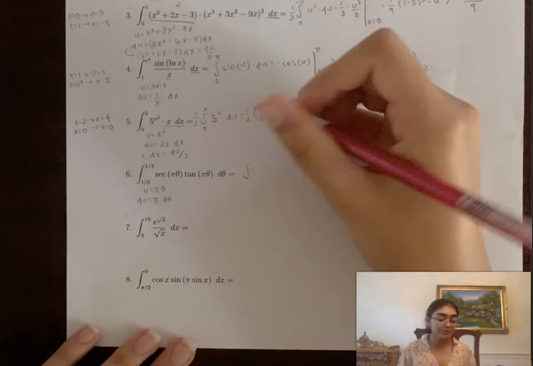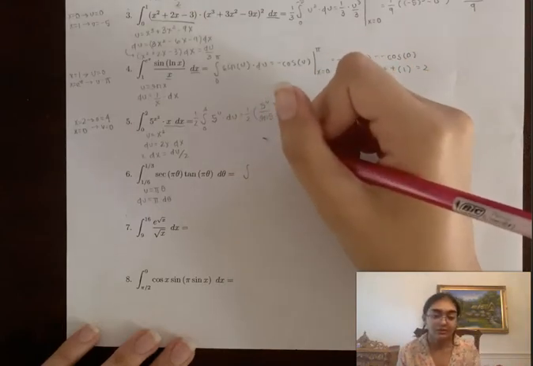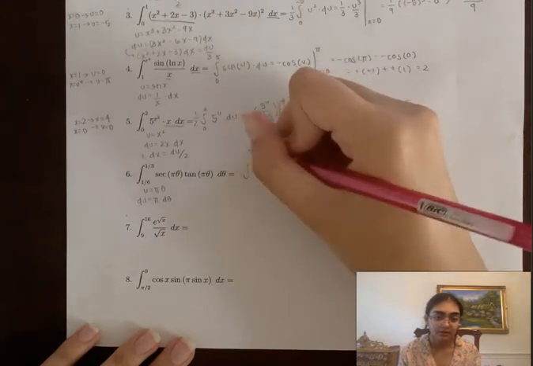But if you remember your derivative rules, you'll realize that secant theta times tan theta is actually the derivative of secant theta. So the antiderivative of secant theta tan theta is just going to be secant theta. So we can actually just replace all of the things inside the parentheses with a u, and we'll get a very easy antiderivative if you remember your trig steps. So what we're going to have here is